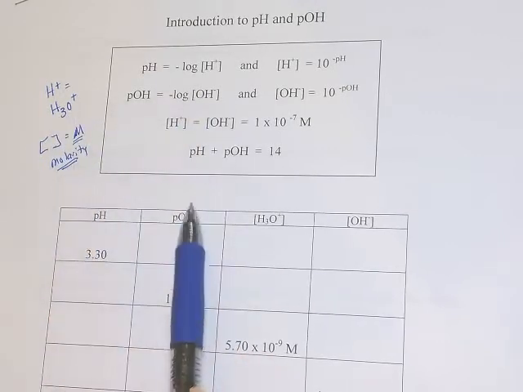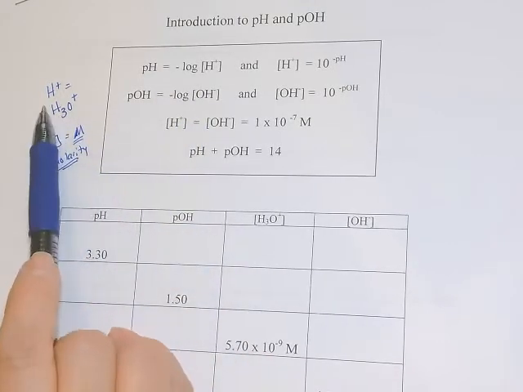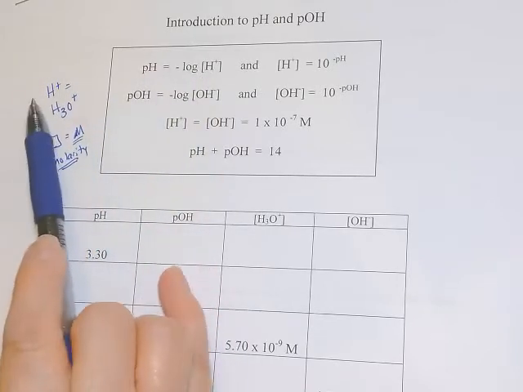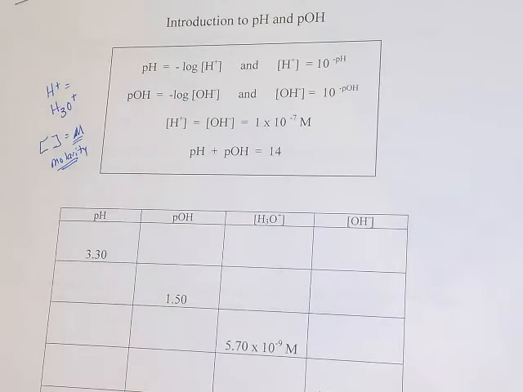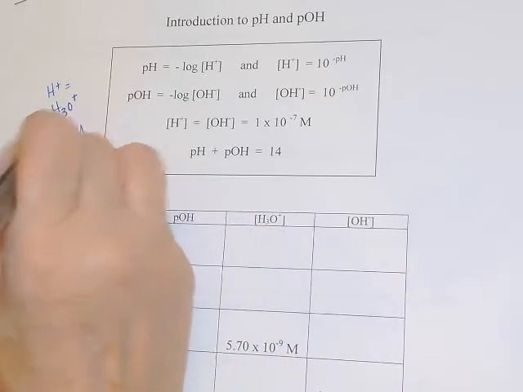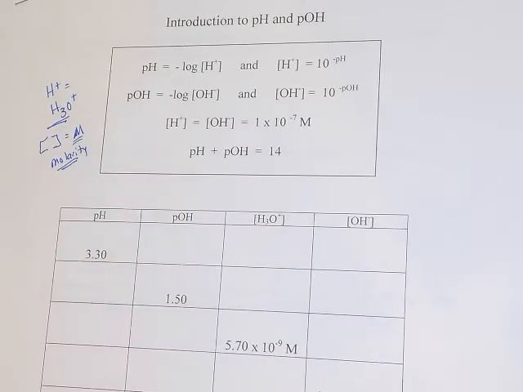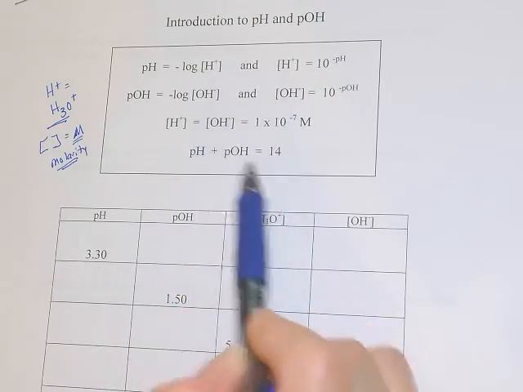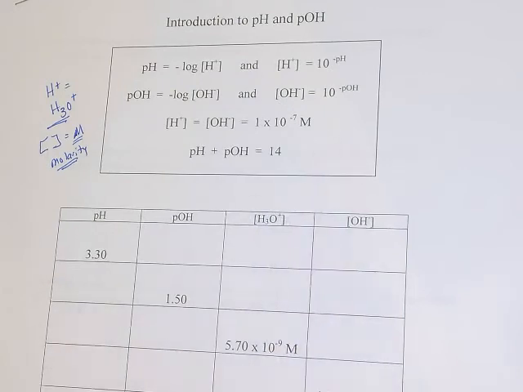In this application of this math, I am writing the H+, but of course there is no such thing, as you learned in your previous video, as H+ by itself. It's always a water molecule that's grabbed on to an extra hydrogen to form the hydronium ion. I just want you to be aware that you will see it in all chemistry written both ways, and